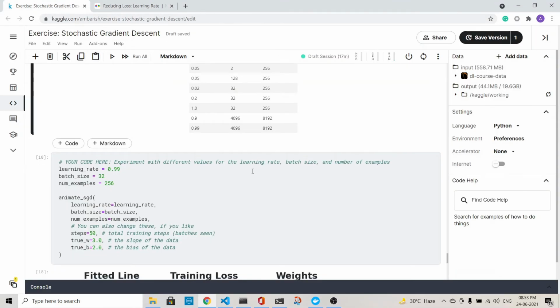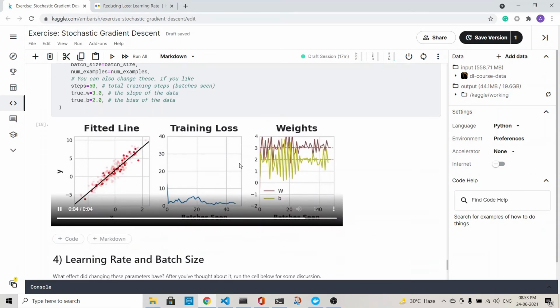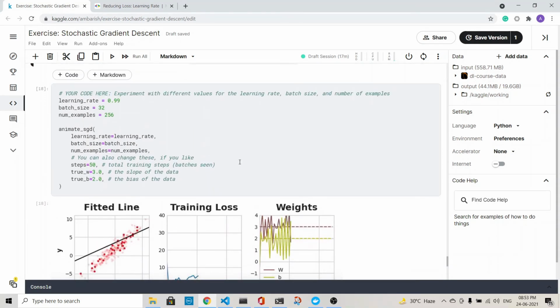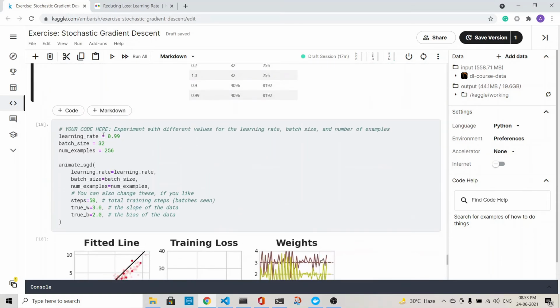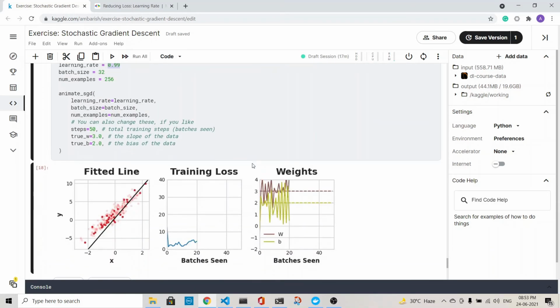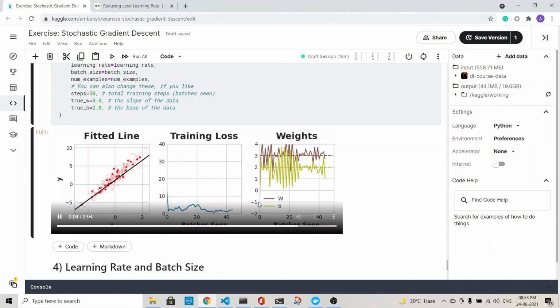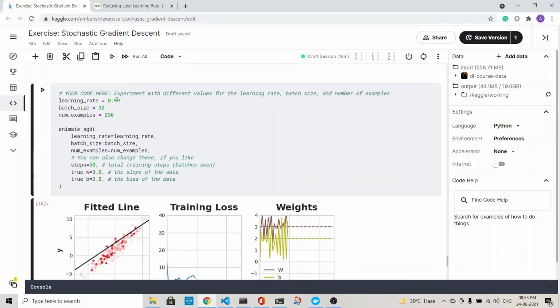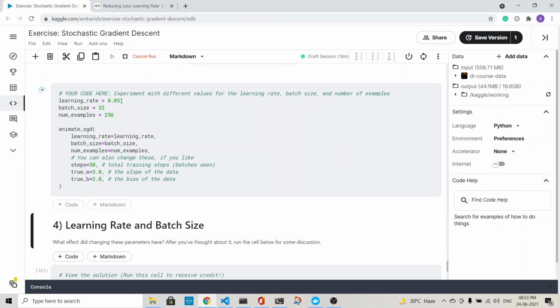So if you go back here and run it, what would happen is that you would see that if you have a very high learning rate, the stabilization is not there. Okay, but if you have a smaller learning rate, like maybe 0.05, then it stabilizes. It might take a little bit more time, but there is a stabilization. So you have to choose your learning rate properly so as to get the proper result. So that's it for now.